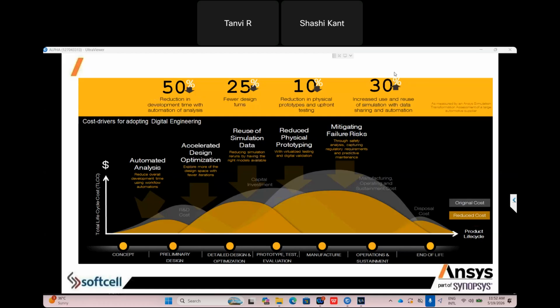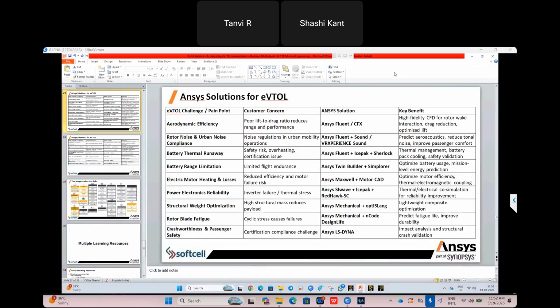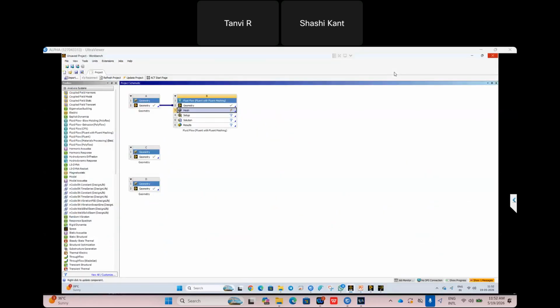It also depends upon your action and efforts, but we are always there to support with the methodology, which methodology for the simulation is best to predict as realistic and as accurate results as possible. So to summarize whatever I explained here, we will do this later. I will show you some methodology in the Ansys software, how it can be simulated, or how the interface of Ansys solutions looks. So this is the Ansys Workbench, and if someone used it maybe 20 or 30 years back.